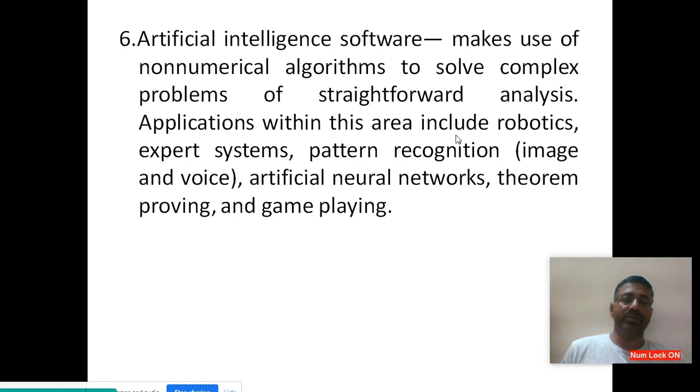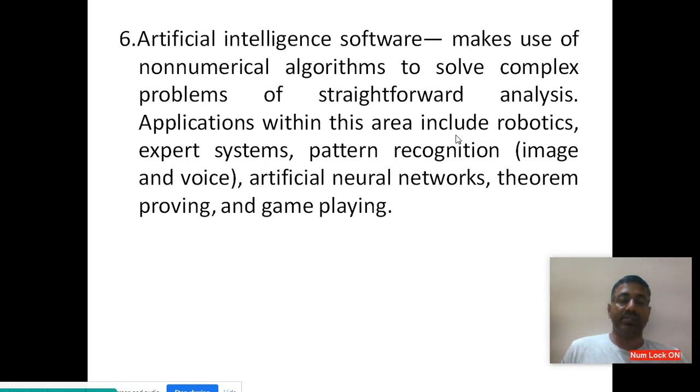It makes use of non-numerical algorithms to solve complex problems that do not go to straightforward analysis, right? Applications within the area include robots, expert systems, pattern recognition, in the sense of image and voice, artificial neural networks, theorem proving and game playing.